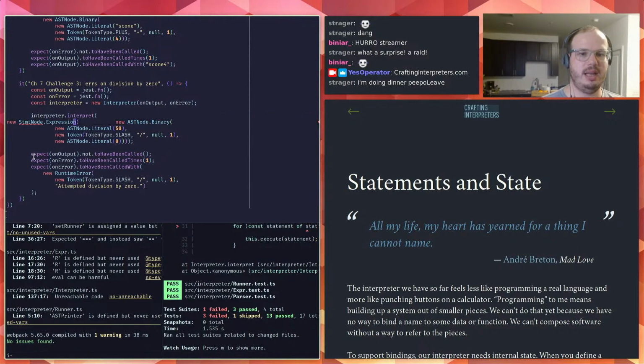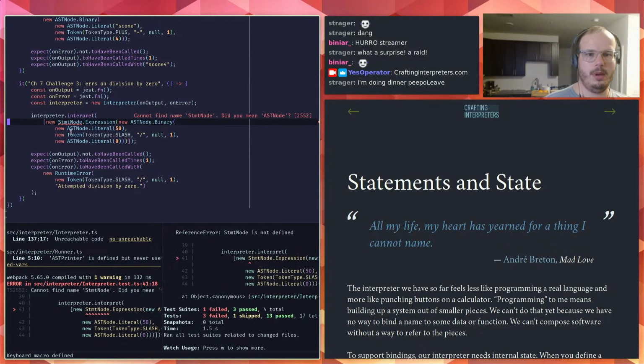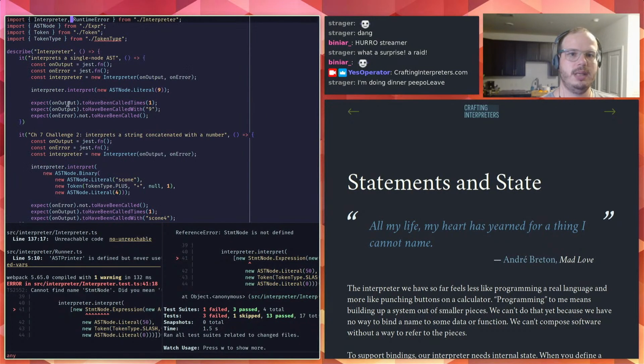And then again, inside the outer parentheses, we want to wrap that in square brackets. Oh, I did that wrong. I think I might have screwed up my macro. Okay, we need to import this guy here.